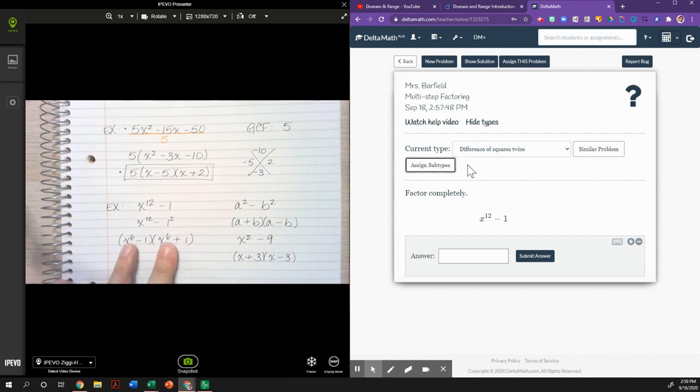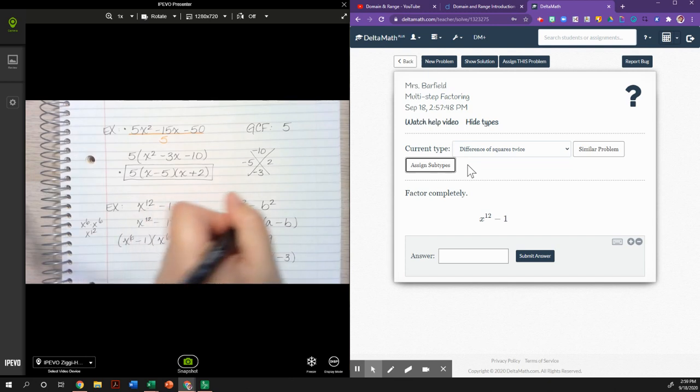I could evenly split that exponent in half, okay? Because remember, when you have x to the 6th times x to the 6th, your exponent rule says that you add the exponents, and that would now be x to the 12th. So that's all I did here, okay? So as long as it's divisible by 2, that's what I do in my next step. Okay, now the reason it's a difference of squares twice is because it's factoring completely, which means there's another factoring step. Okay, it's this one, it's the minus sign,